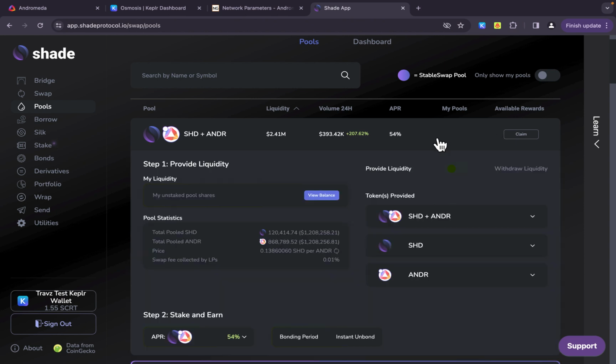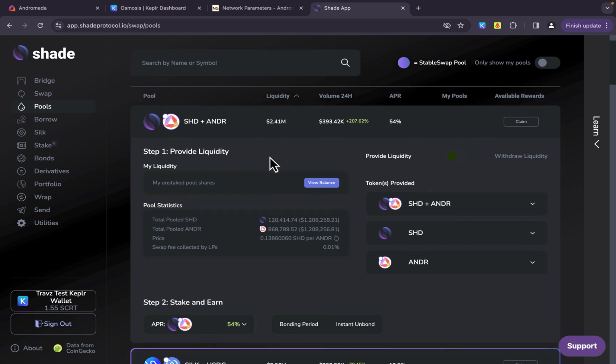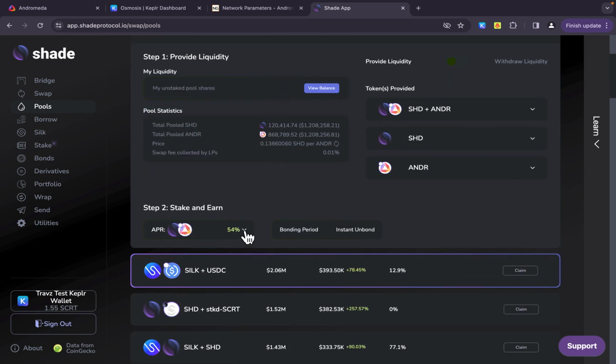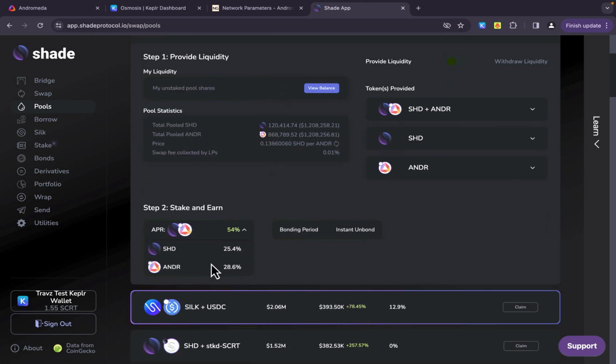So let's go ahead and click on this. You can see the APR right now is 54%. However, remember, in this pool, that 54% is broken down into these two percentages. So if you put $100 in here, you'd be earning 54%. 25.4% of those rewards are going to come in the form of SHD tokens. The other 28.6% is going to be